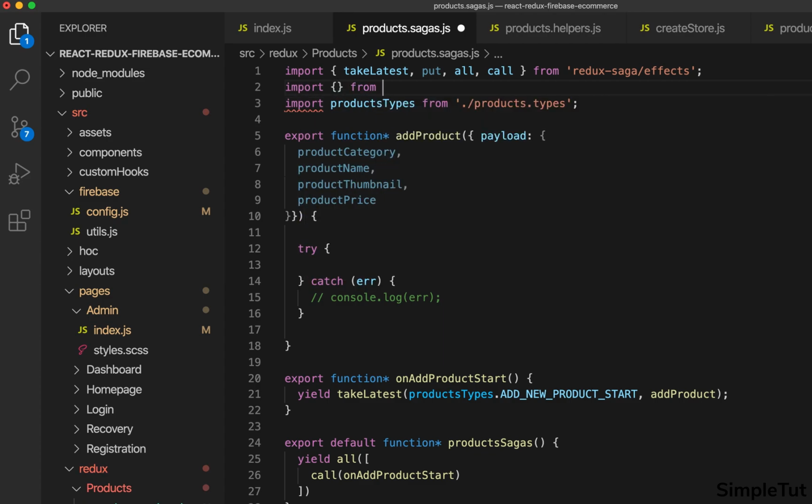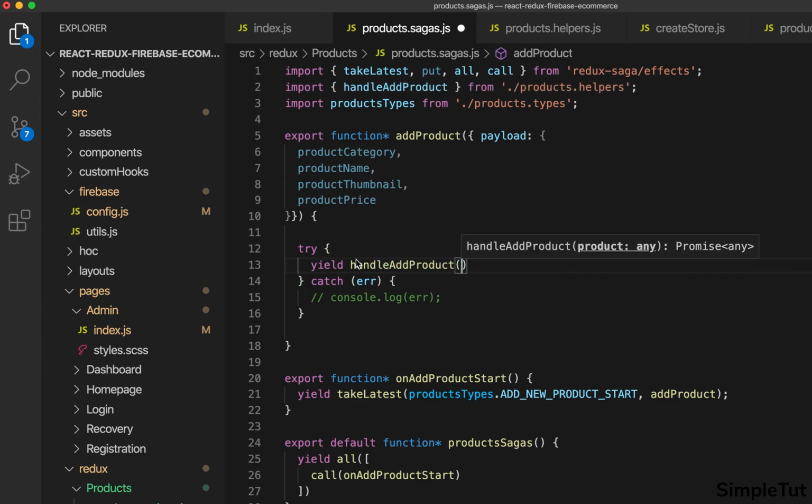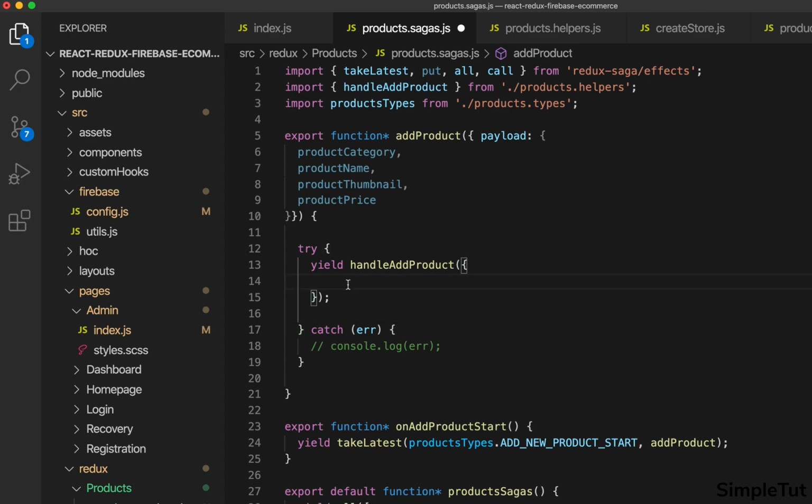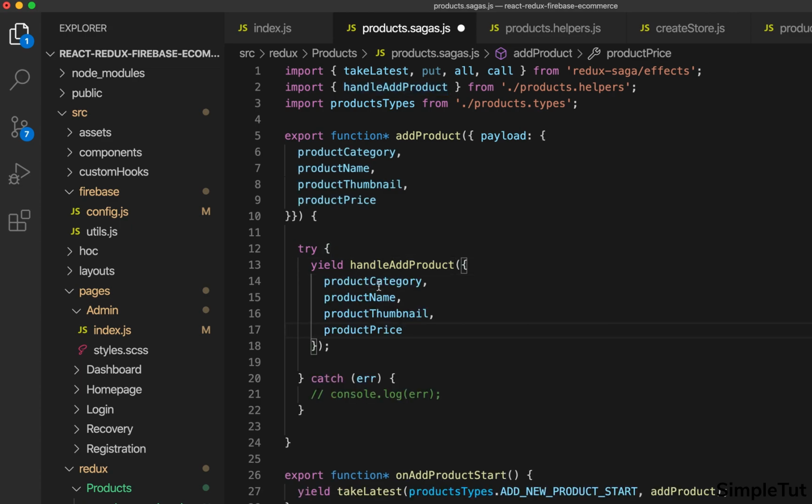So we'll import from products helpers, and we want to import handle add product. And then within our try catch of our add product generator function, we'll say yield handle add product. And this is where we're going to set the fields that we want to add to our products document. So I'm going to take all the values that we destructured from the payload, but I also want to add